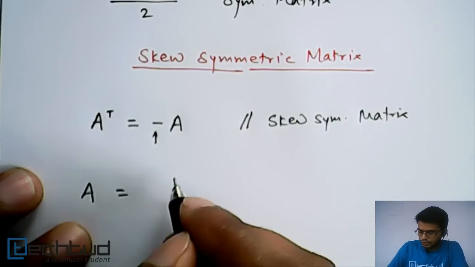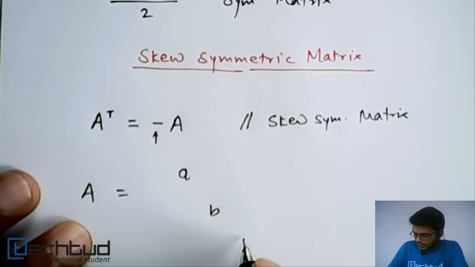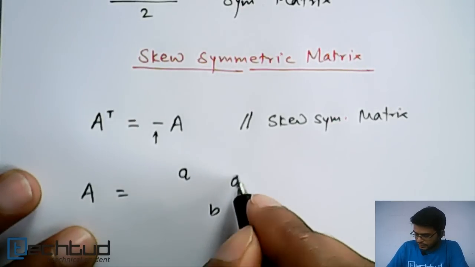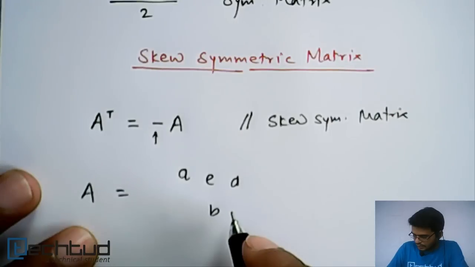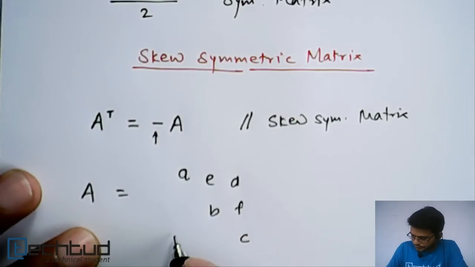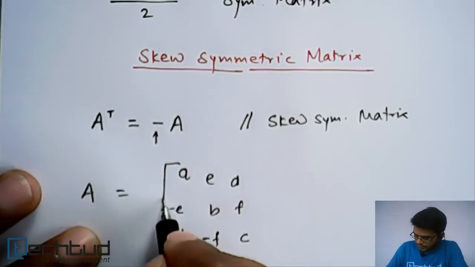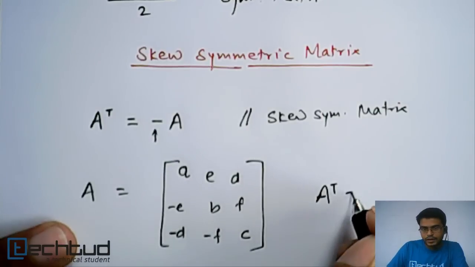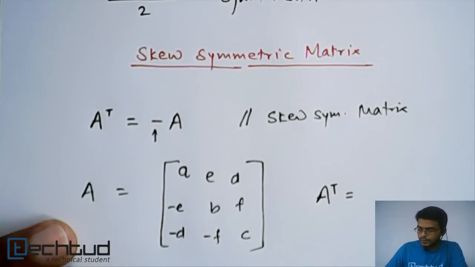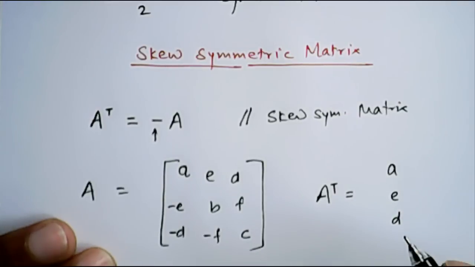For example, A equal to, let's take A, then B, then C. Now if we take here D and here E, here F, so it should be minus D, minus E and minus F. Okay, so if we take this matrix, now if you find out the transpose of A, it will become A, E, and